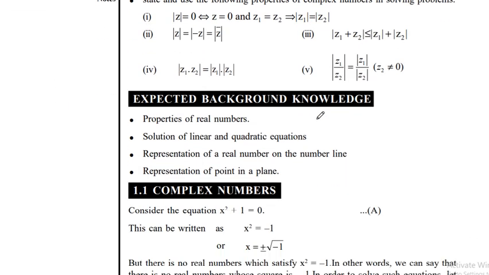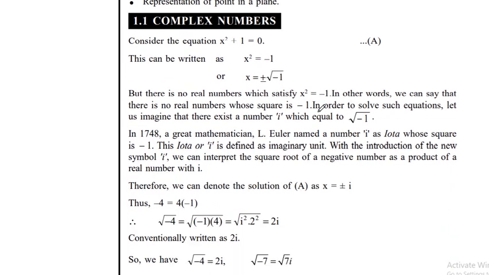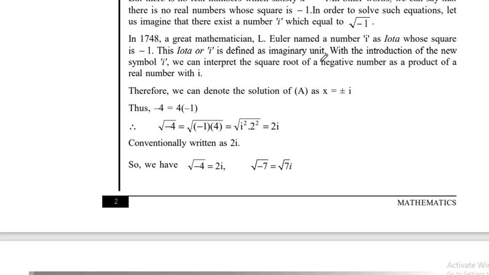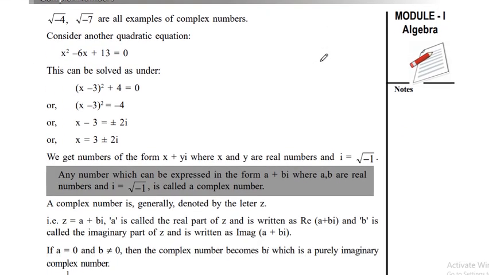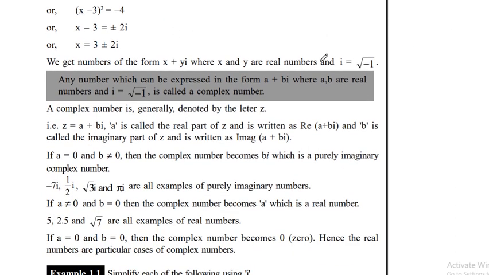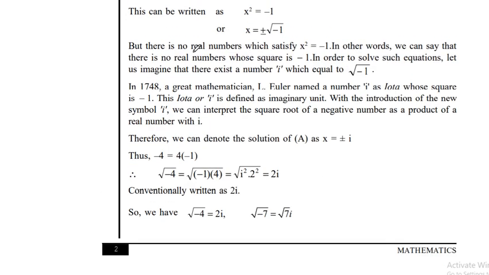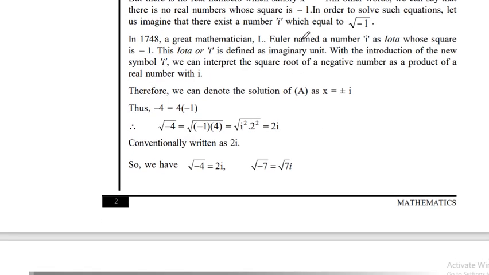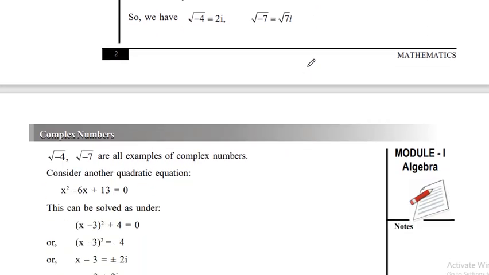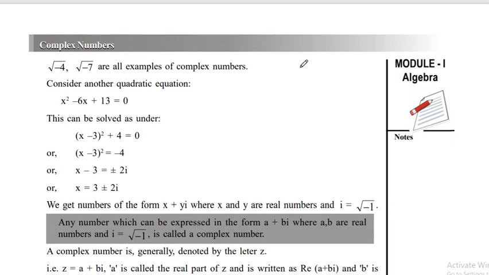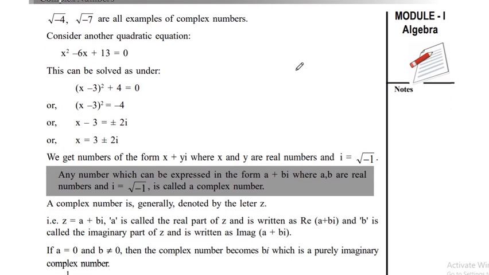So whenever you study complex numbers, they are written as x plus minus iota y, or a plus minus iota b. This is the same thing which I told you, how to get iota from this equation, x square plus 1 equal to 0, so x square equal to -1. These notes are in very detail, so I am doing it in short. I'm not touching every detail of this one. You can easily see what is going on.